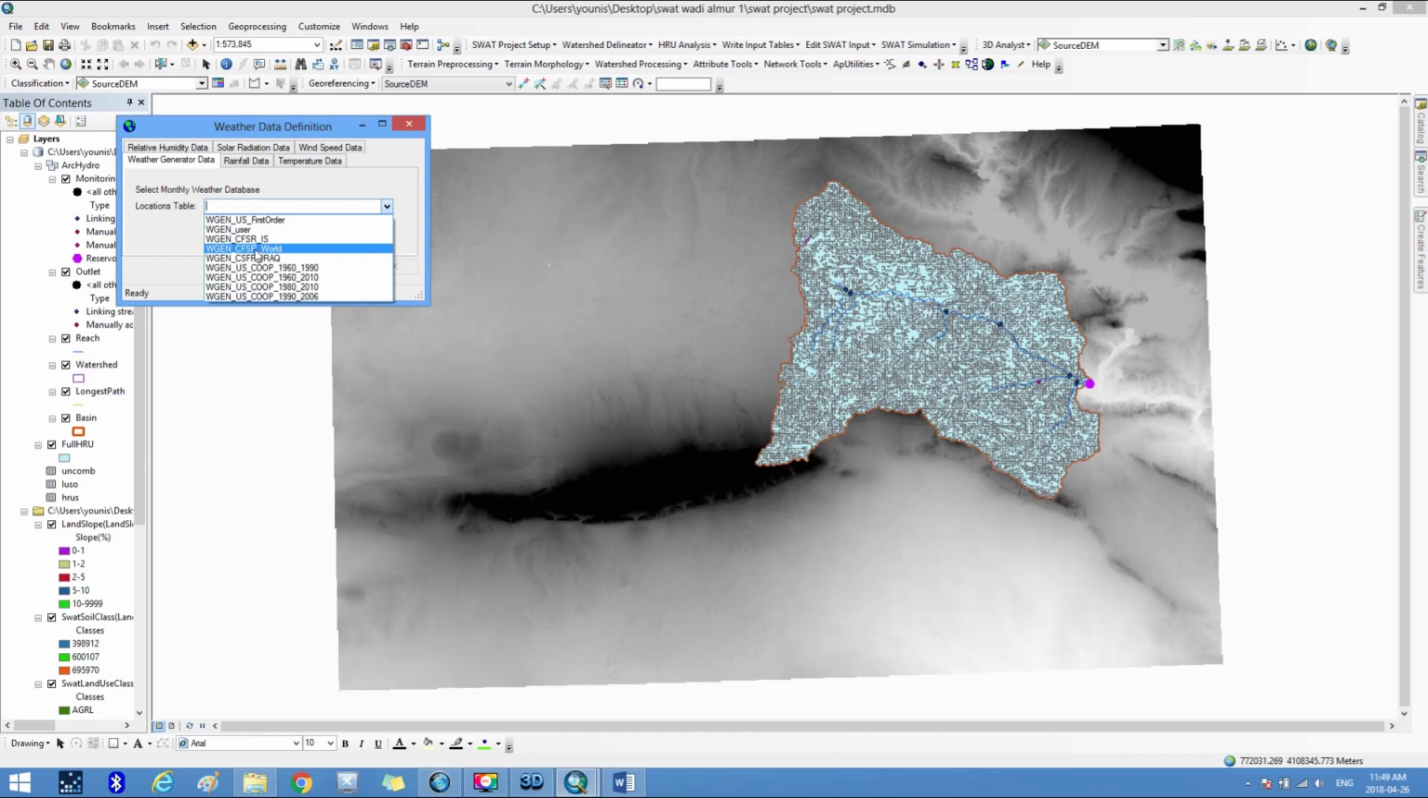WGN-CFSR-IS. But since we have the weather data for the study area taken from the Global Weather Data for SWAT website, we choose WGN-user. As we see,